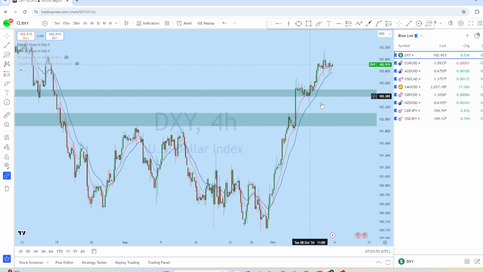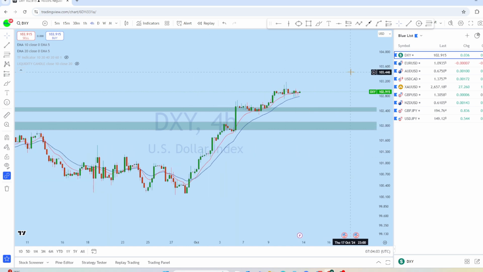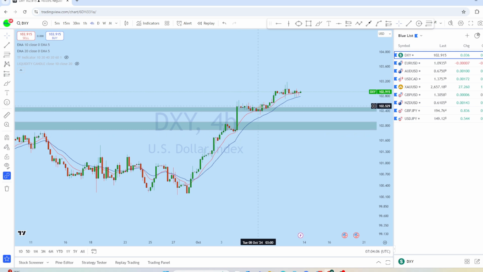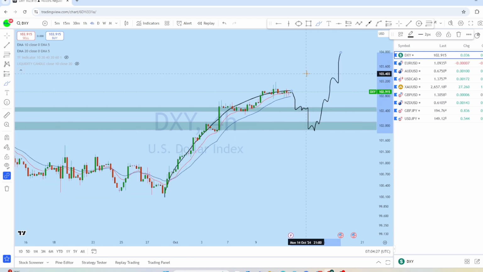If we look at this 4-hour time frame, which is the intraday perspective, we can see the market is respecting this 10 EMA, which is a sign that this market is in a strong trend, and we haven't seen any significant break of structure. If we closely look at this market structure, we can see the market slowly getting exhausted. The bulls are getting exhausted. We might see a potential break of structure that could be up to this level or this level. That might give again another momentum on DXY. So this could be the potential wave on DXY.